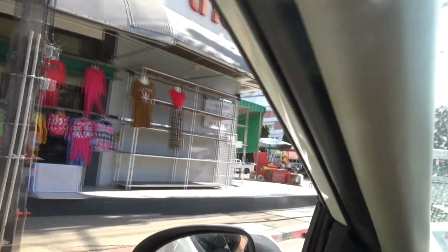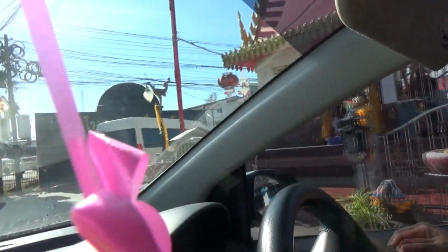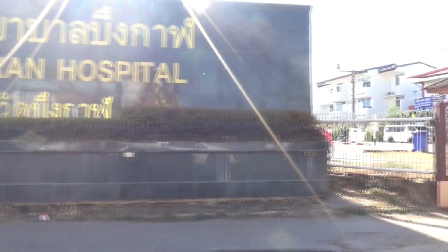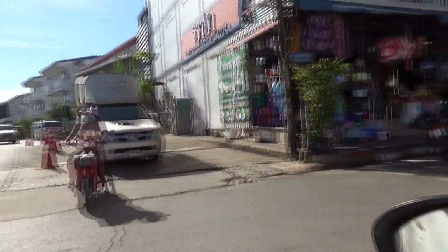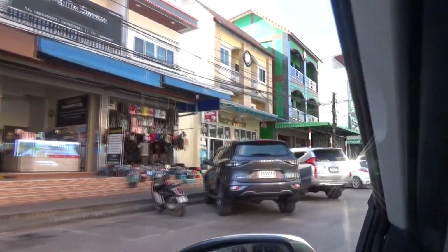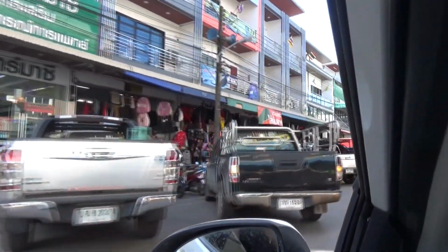And this is the Bunkan main central memorial, holy place where people bring offerings. Here we are now at the Bunkan hospital, which is quite large and modern. You can see it very well from here. But it's right in the center of town. And on our way up to the roundabout and to the town central clock monument,